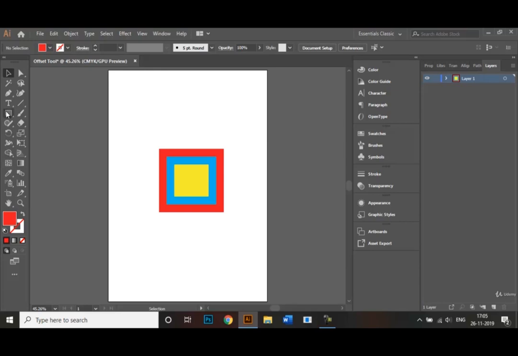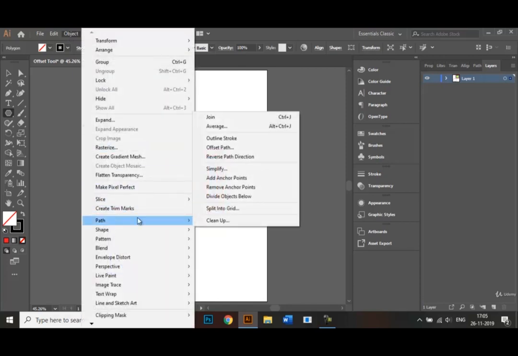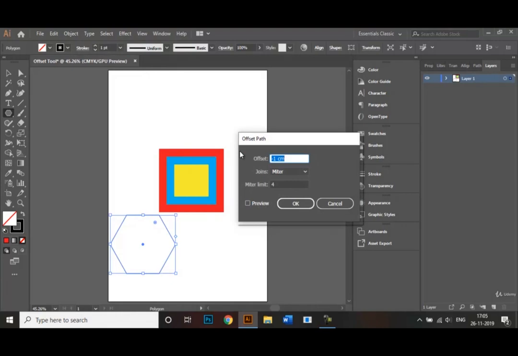You can do the same thing with different shapes as well. So in case you have a polygon tool, let's use that one. I don't want any fill as of now. So let's also give a stroke color. And let's make a first polygon. Like that. While my polygon is still selected, we go back to Object, Path, Offset Path, and I'll choose -1,